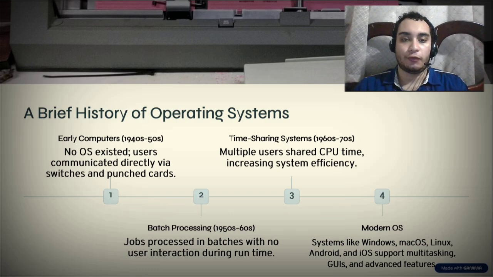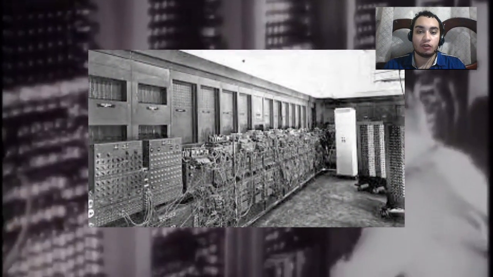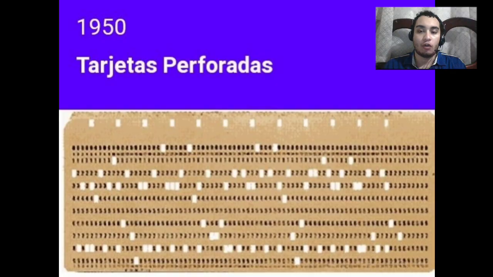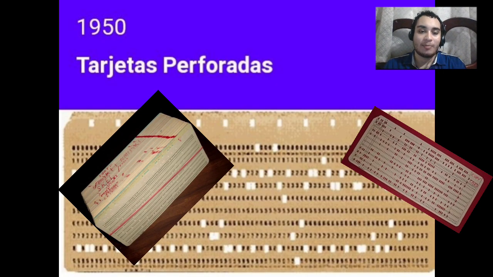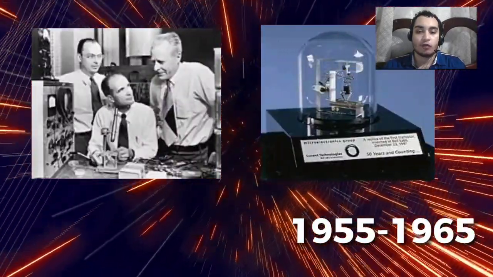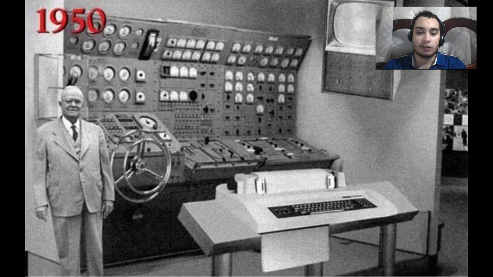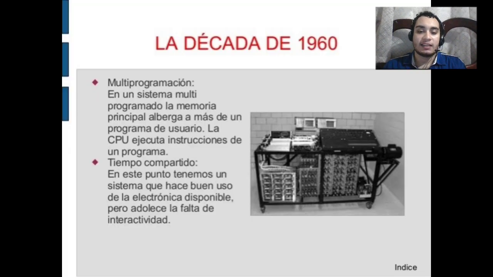Brief history of operating systems. The history of operating systems reflects the evolution of technology. Early days: in the 1940s and 1950s, computers had no operating system, and users had to input instructions by hand, using switches and punch cards. Batch processing systems: in the 1950s and 1960s, systems collected jobs in batches and executed them without user interaction during processing. Time-sharing systems: